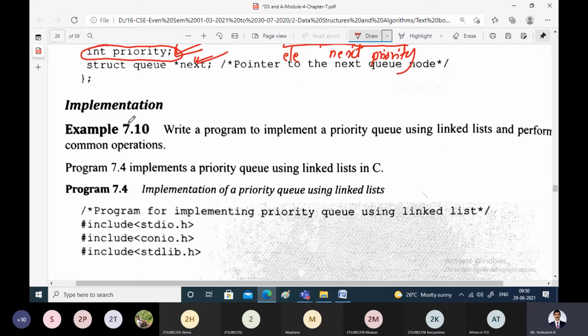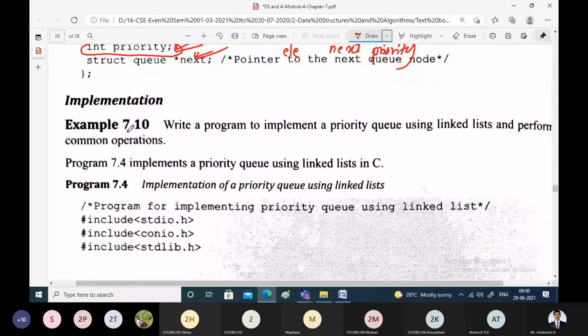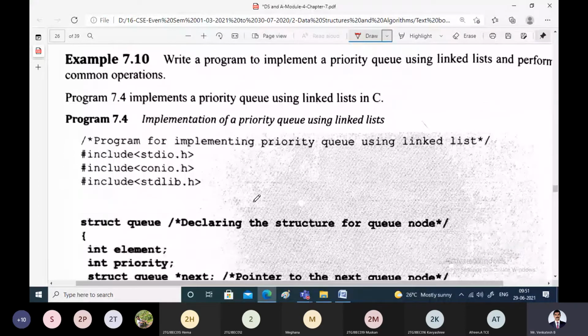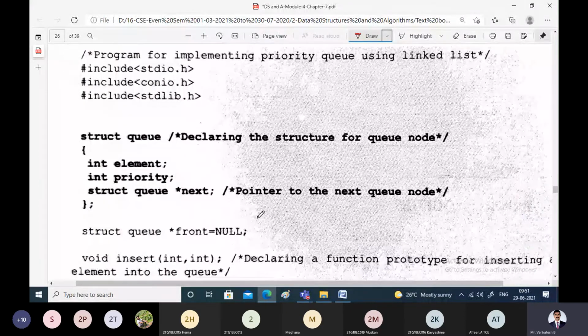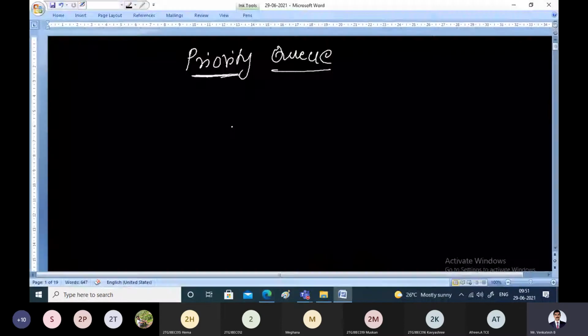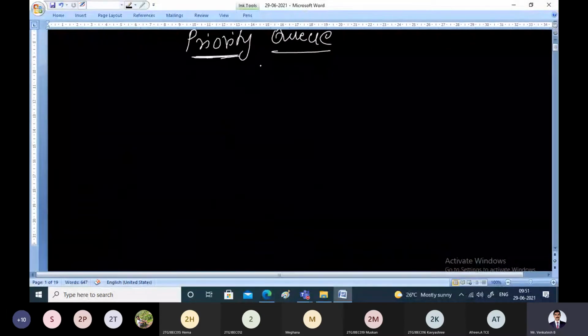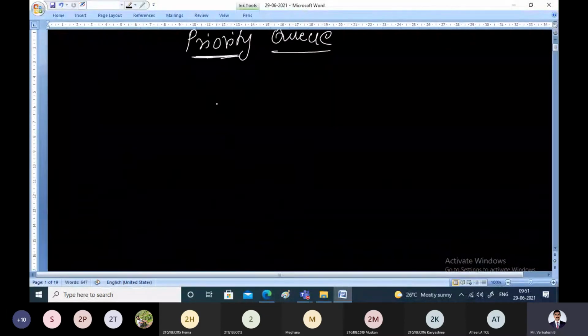And later we insert it. After arranging, we delete based on the priority. Now let us see the program for the implementation of the priority queue. That is the summary about the priority queue.